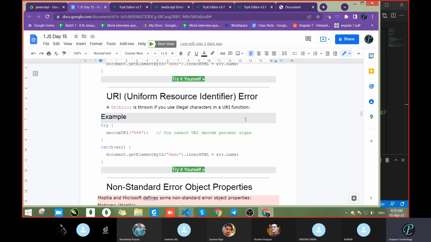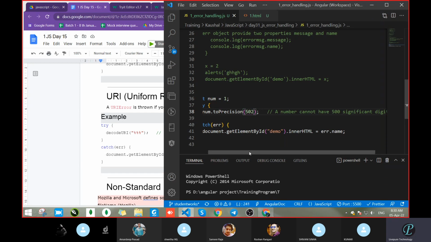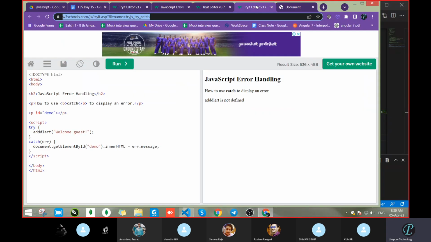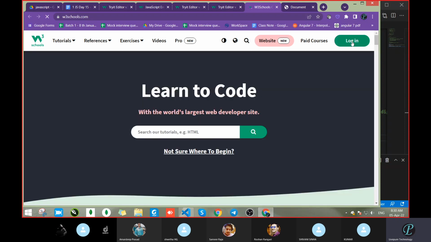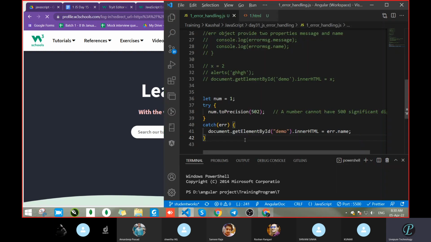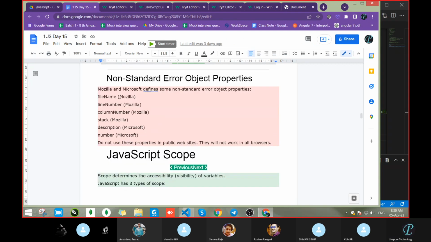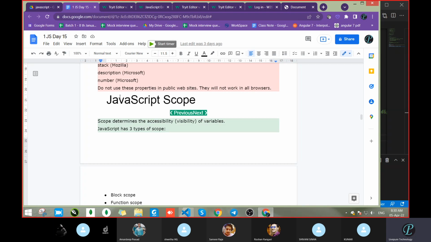So what we have to learn from this is how to handle the error. What error is there, it's not the matter. Matter is how to handle the error. So with the help of a try, catch, you have to pass your predefined message, like in login, when we had gone with the W3 school, we had seen that it gave some message that email is not defined, or in a login, we have sent some message. So in that case, you can use the throw block, and with the help of throw block, you can give that proper message. Got it? Is this clear or not? So we covered which one? Try and catch block.